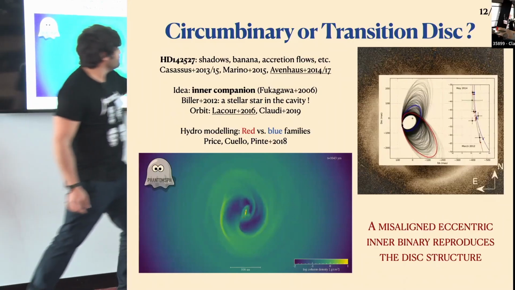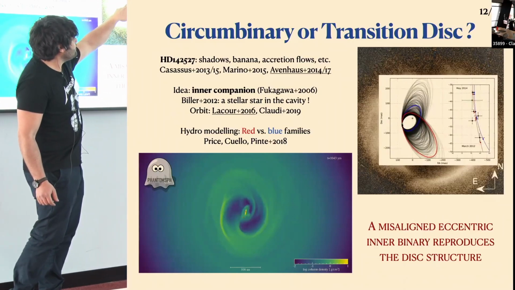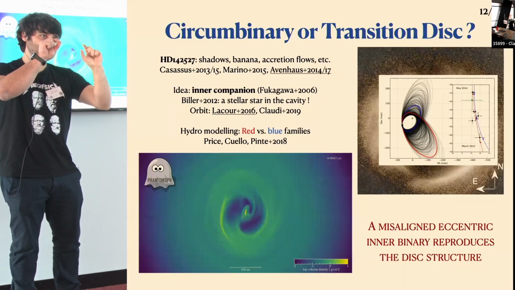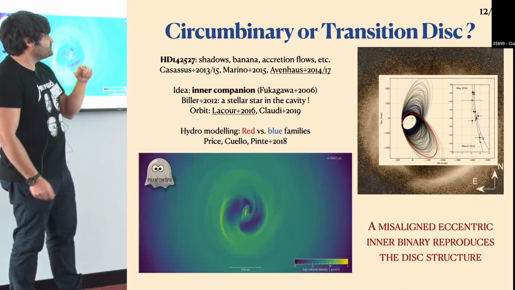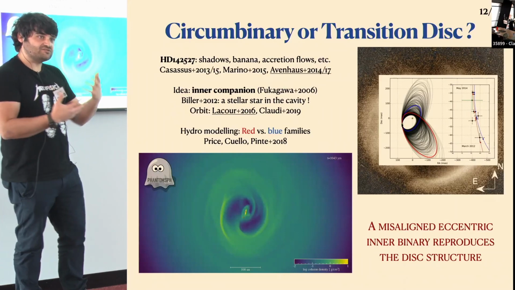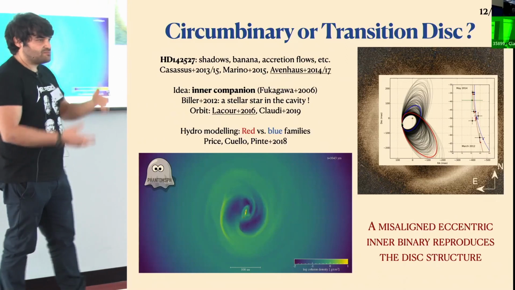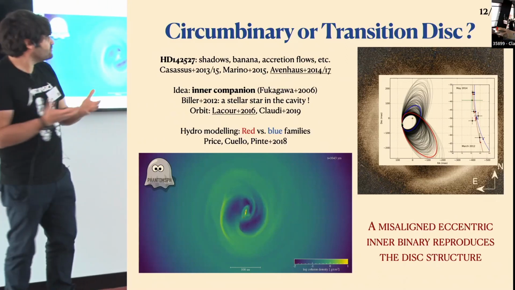This is what you see. So you have the primary, and you have a companion detected here. And you only know the position of the companion for a very short arc. And you can try to guess what's the full orbit of this companion. So to do that, you need to do some Monte Carlo simulations, try to guess what are the orbits.